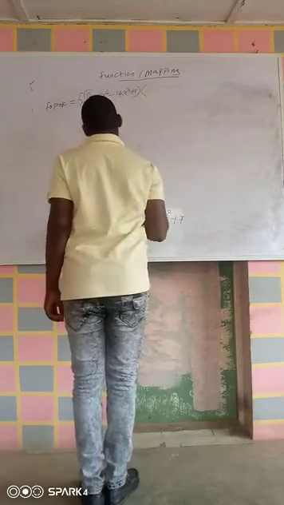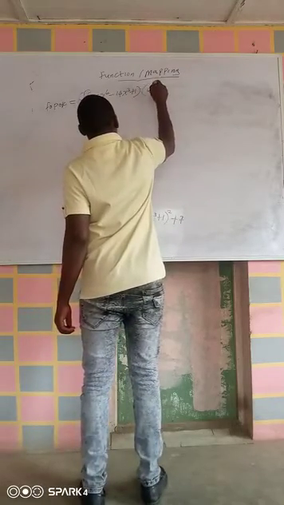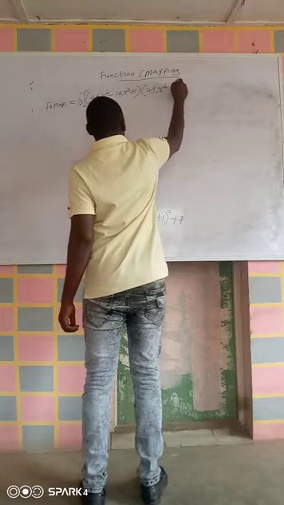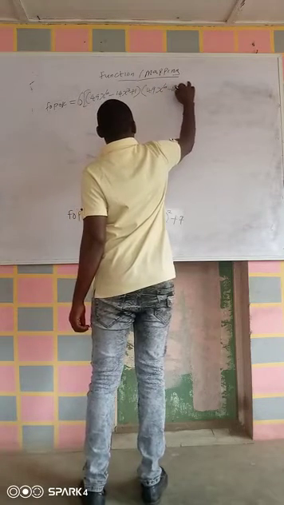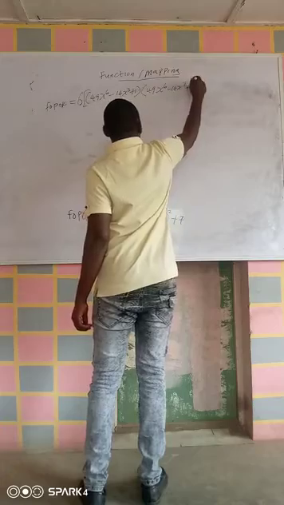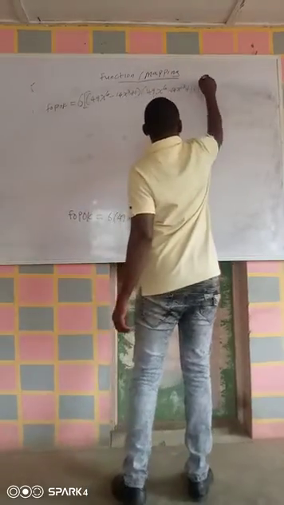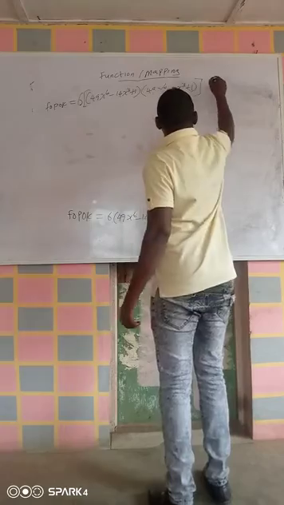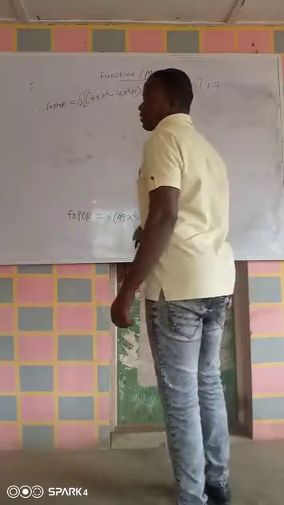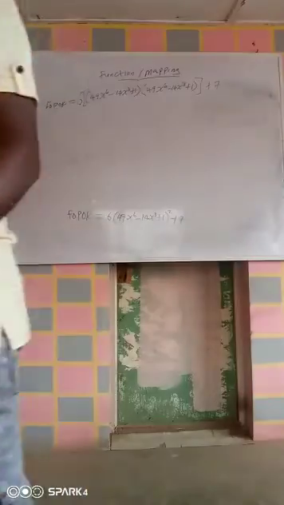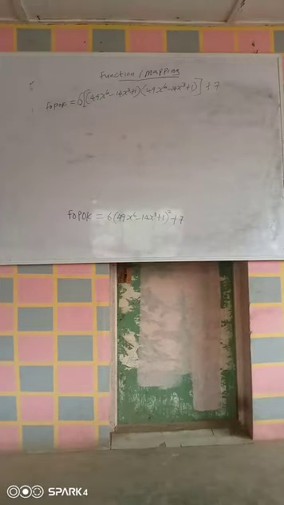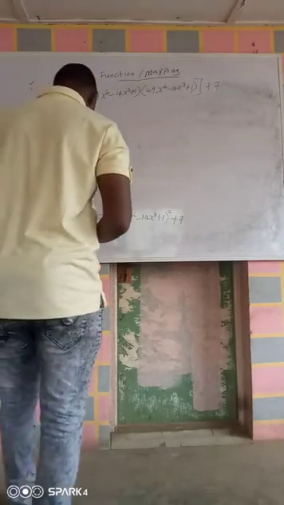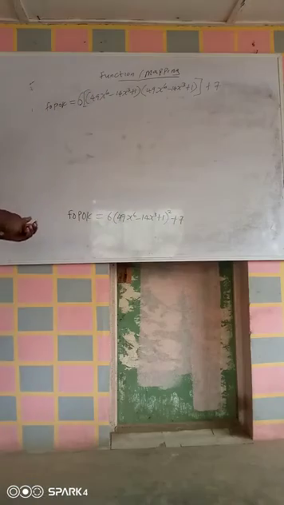Open another bracket: 49s raised to 6 minus 14s cubed plus 1. So that will be brackets and plus 7. Okay, so we notice that 49 and 49 give us 2